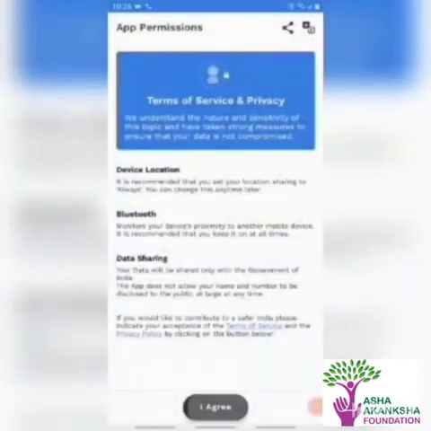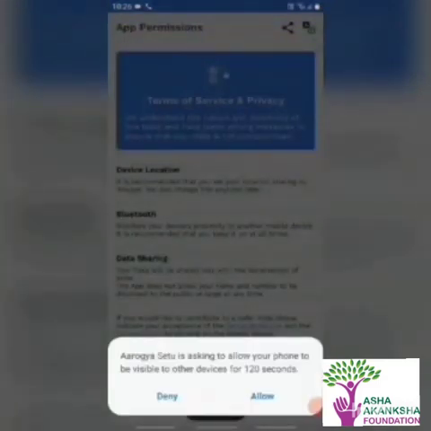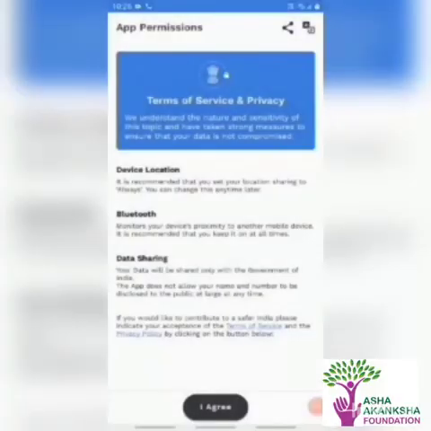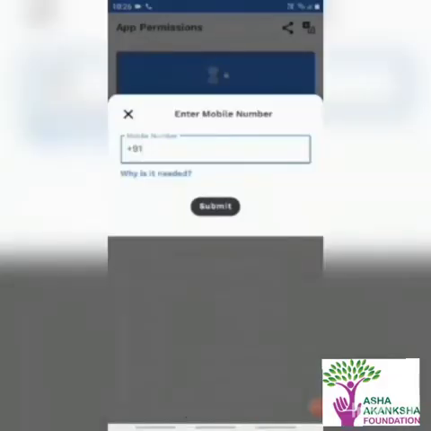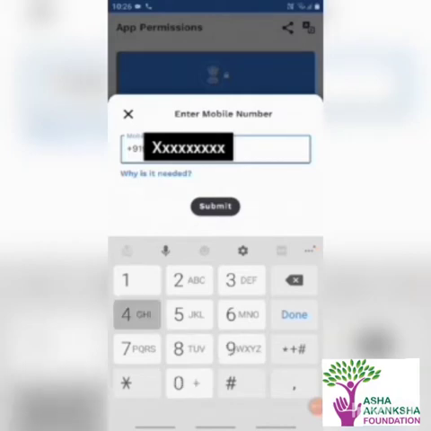Allow all the necessary permissions. As already mentioned, the app uses Bluetooth and location data. To work, you need to provide access to these services. After allowing all the necessary permissions, click on the I agree button.